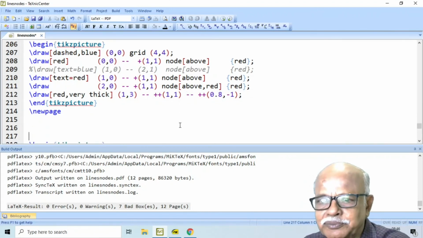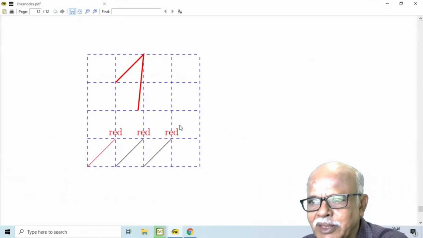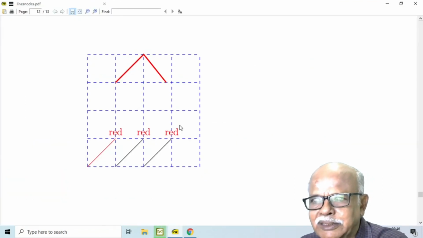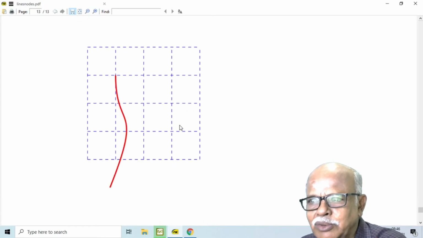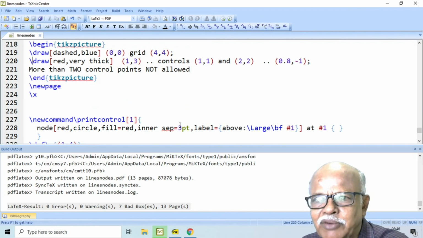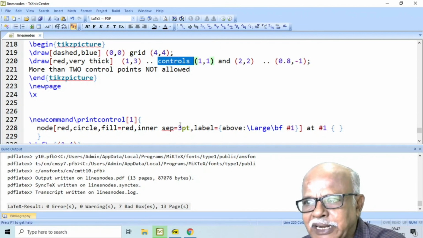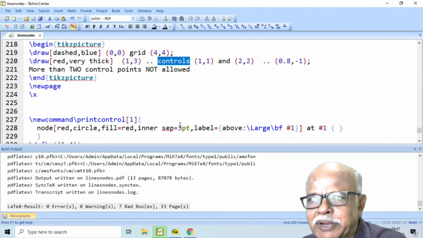Now, suppose we don't want to have straight lines. We would like to have curves. Then what we can do is, instead of double hyphens, we can use 2 dots, and they definitely need controlling points.